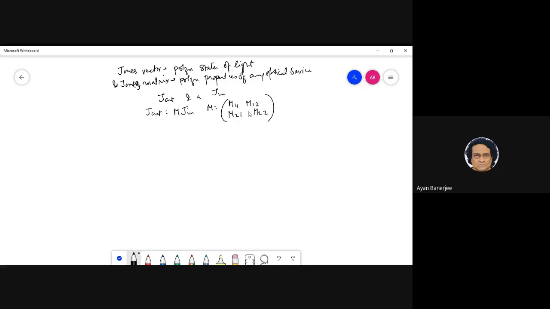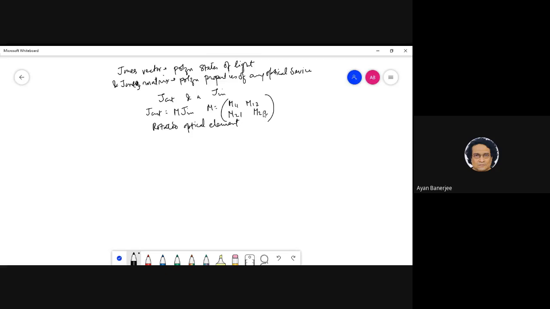Okay, so simple things like quarter wave plates, etc., you can in principle form this. If you know that a quarter wave plate is something which changes by 45 degrees, and you know what your J in and J out are, then you can construct it. What is interesting is if you have a rotated optical element, for example a polarizer. If you have X polarized light and a polarizer at the same X axis, then obviously it is trivial: your J in and J out are the same. You can easily construct